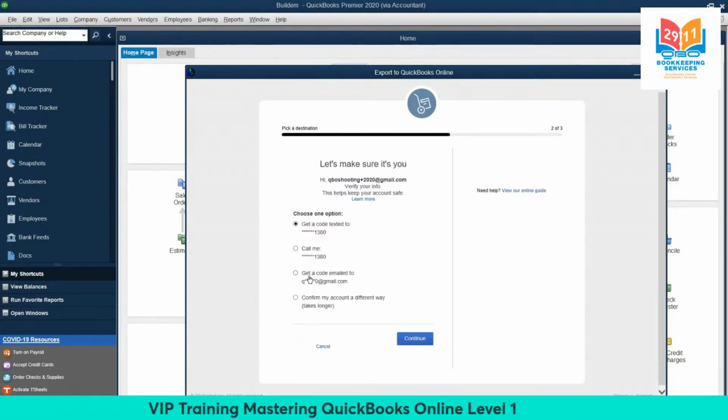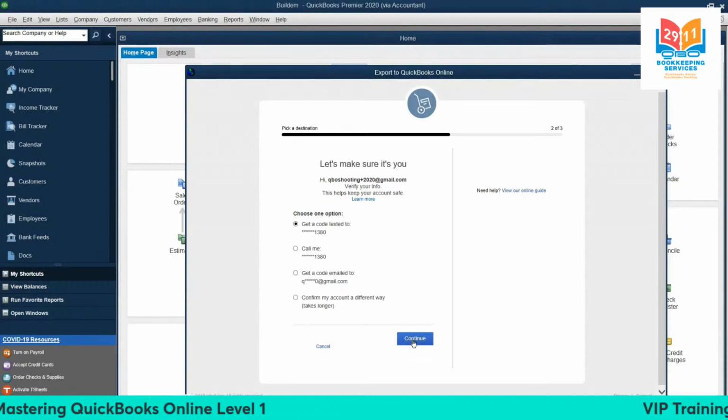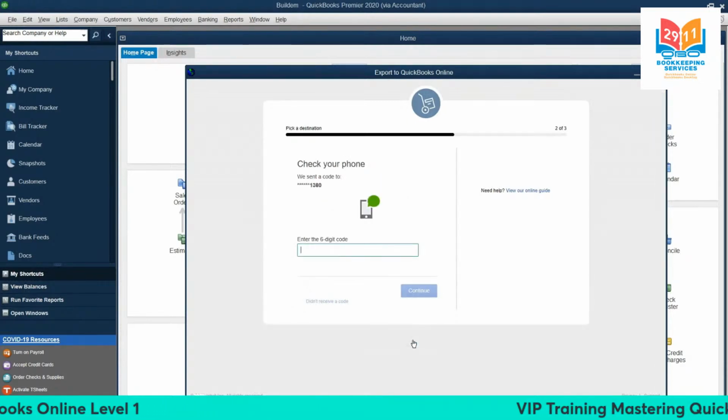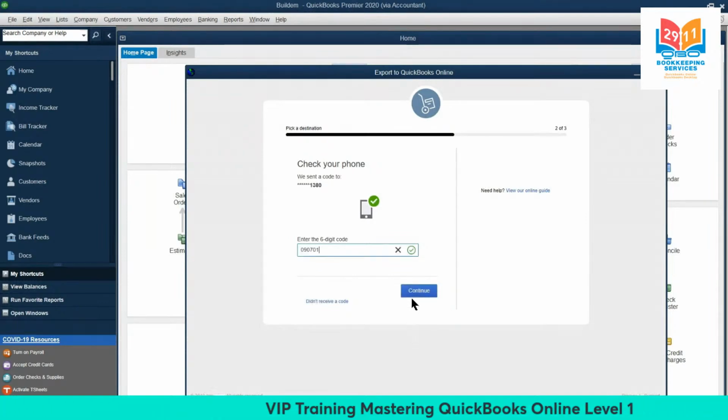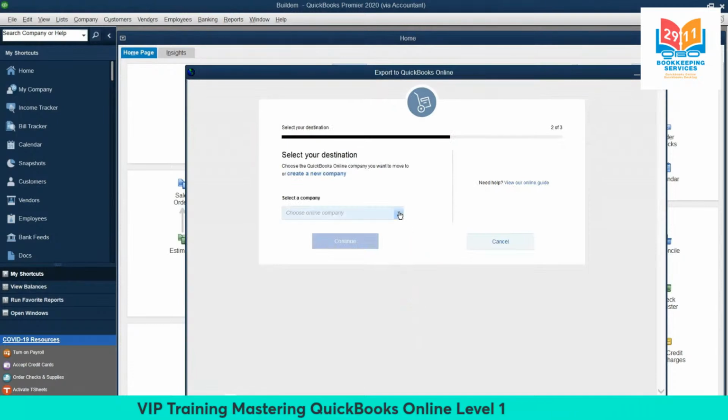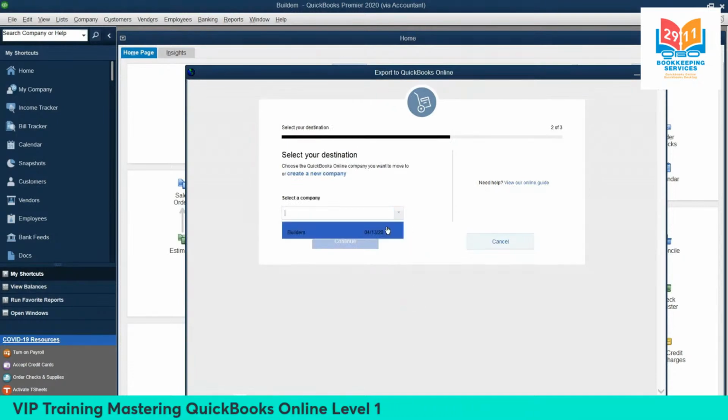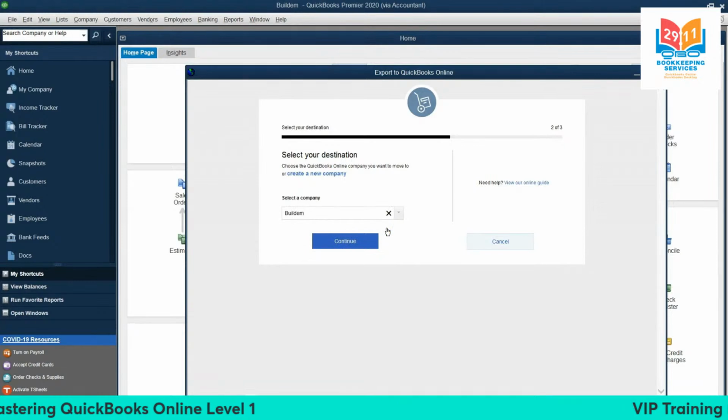You'll be asked to verify your identity. We'll do that by receiving an email or text and then entering a code. We've checked our email and entered the code QuickBooks sent us. Now we'll continue. And here, it's going to ask us to choose an existing QuickBooks Online company to import everything